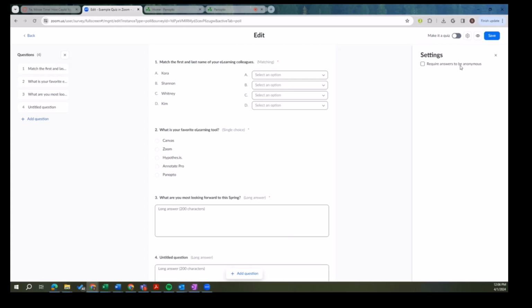If you're just trying to get a feel of student basic understanding, a type of summative or formative assessment, or if you're just trying to read the room or basically conduct a survey, you might take it to be anonymous. However, if you are trying to gauge individual student understanding, or perhaps using this as a way to gauge student participation, you might leave this off so that you can see the student names in the final results.